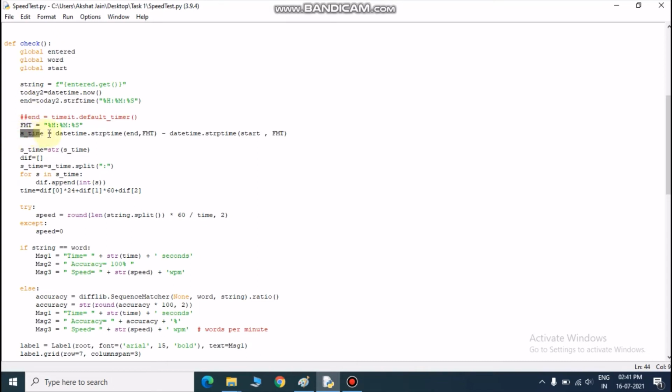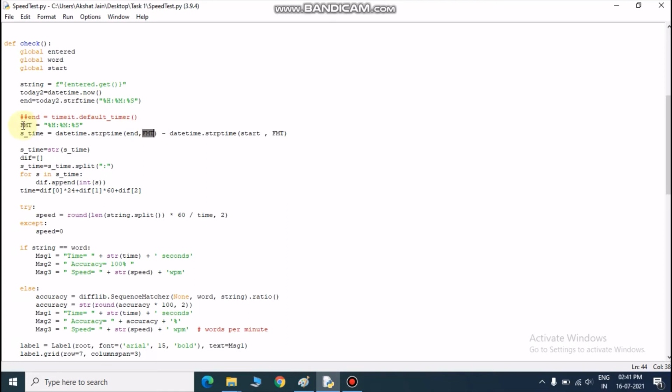So I will simply use this function, and what this is doing is stripping the end time. In the end time, we are getting day, month, year, hour, minute and second. But I just want hour, minute and second. So I am using this hour, minute and second, and I am saying FMT is equal to hour minute second, and datetime strip time. Basically here end is already in hour, minute and second, but just to showcase what it is doing, I have used FMT also.